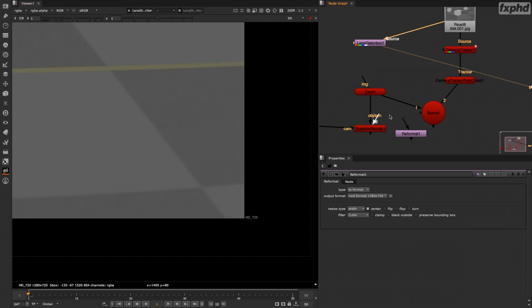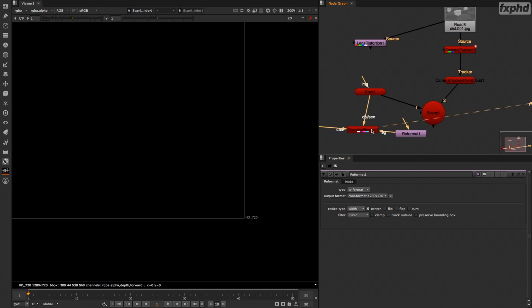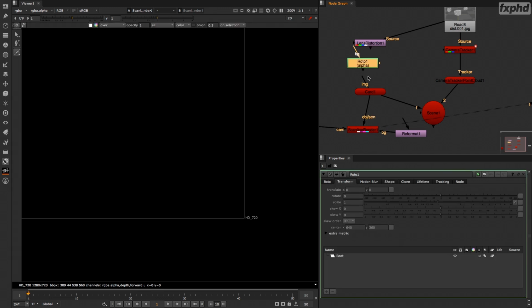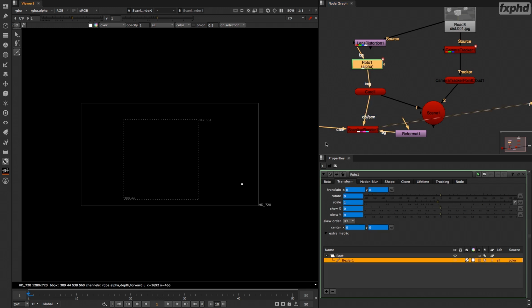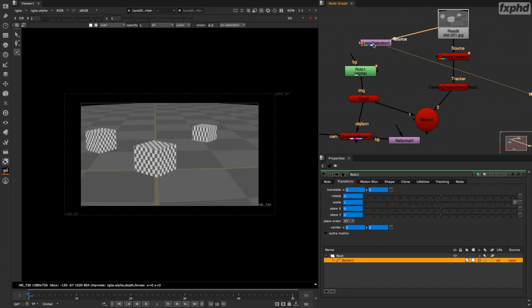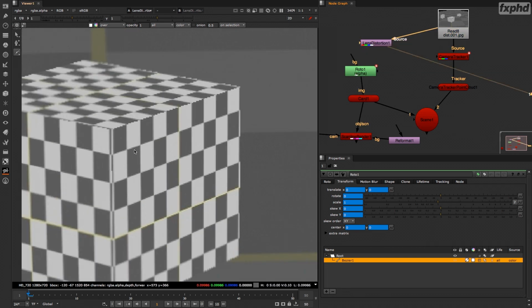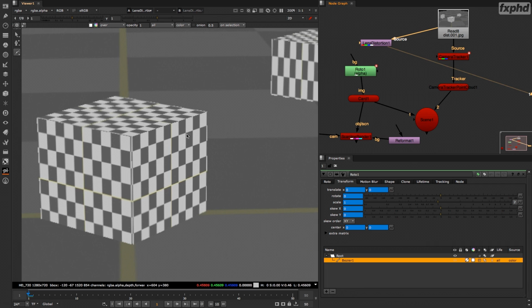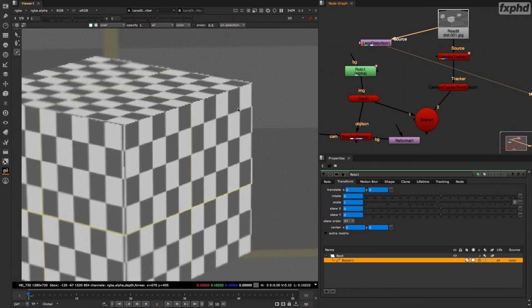So we'll just make sure to use this same format in our scanline render. Then what we'll do is we'll make a new roto shape that will plug it directly inside the card like that. And while taking a look at the undistorted footage, we'll draw a shape that we want to track. So let's say that we want to rotate this part of this face here. So we'll just make a new shape and draw it on this frame